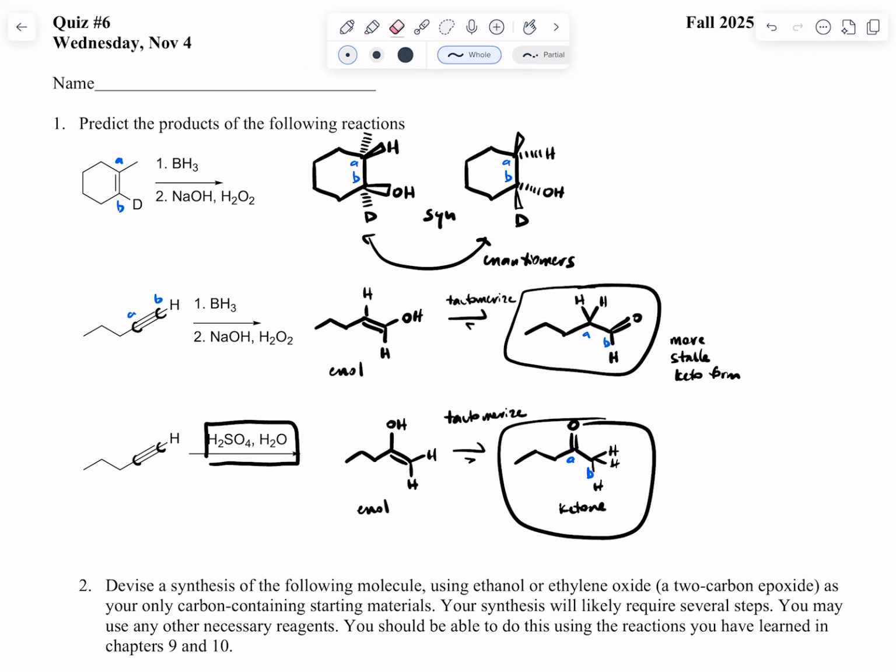A common question at this point in the course is, oh my goodness, there's so many reactions. How do I keep it all straight? It's been a whirlwind, and I'm sure you feel like every day you come in and there's just more stuff. And that's why we spent the first half of the semester teaching you the language of organic chemistry, to build the skills so that you could handle the new reactions. But